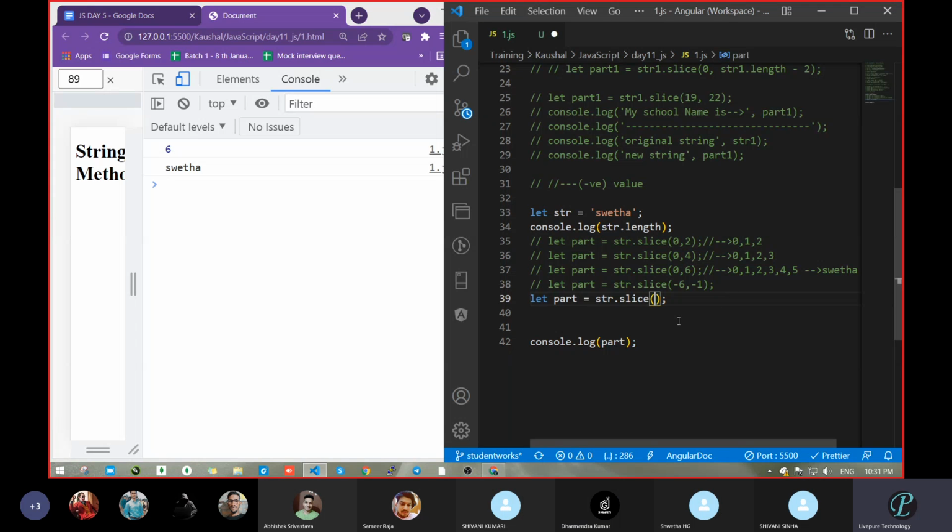Fine. Now pass here 2. Praful, what will be the output? Shivani, what will be the output? E to last, sir. Let me see who all is sleeping. Everybody is telling yes, ETHA. E2 ETHA, last. Praful told ETHA. Let's save. What is the output? It is taken up to last.